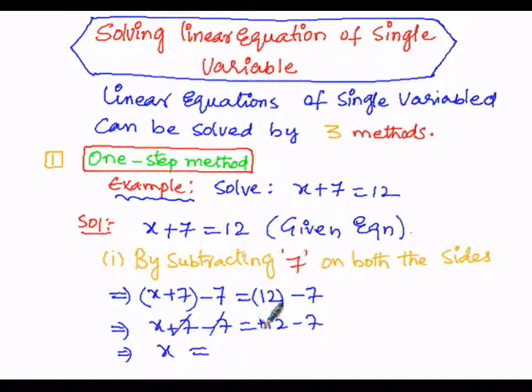In order to simplify, plus of minus is minus, so we subtract the lesser from the greater, that is 12 minus 7 is 5. To assess the sign of 5, we have to see the greater one among 12 and 7. 12 is greater than 7, therefore the sign is positive. So in this manner I got x is equal to plus 5, that is 5 is the root of the given equation.